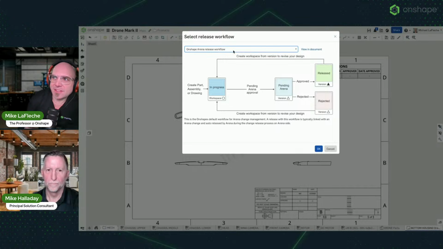Because I'm just having Arena do the workflow instead of Onshape do the workflow. But to the engineer using Onshape, it's not any different, right? We're not making the engineer using Onshape jump through hoops in some completely different interface to get their work done,